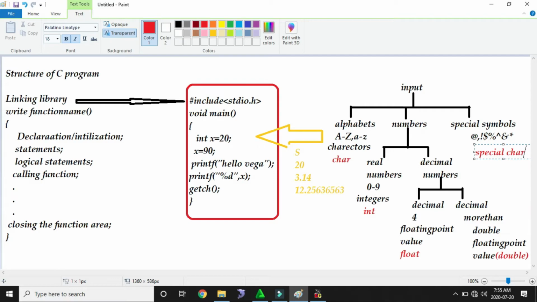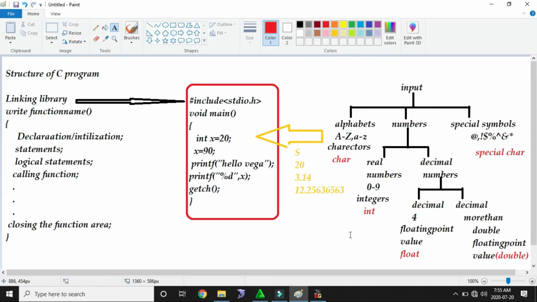So these types of inputs we can pass. So these inputs we consider.